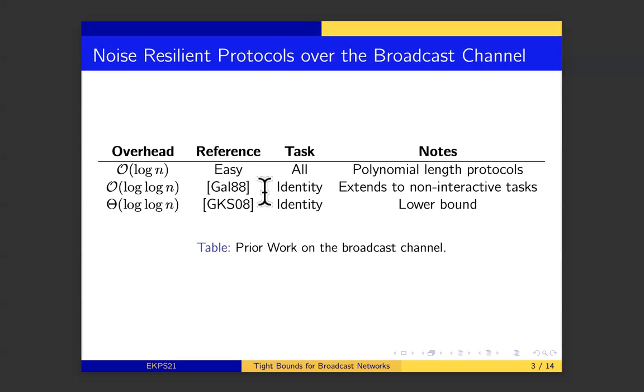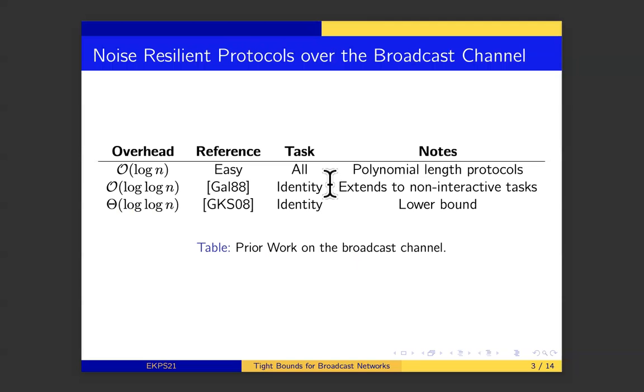Gallager in the 80s showed that for a restricted set of protocols, which I will call non-interactive and shall define later, you can actually get a much better overhead. You can get an overhead of O of log log n. And in fact, Gallager showed this is the case for exactly one protocol, which is a protocol for the identity